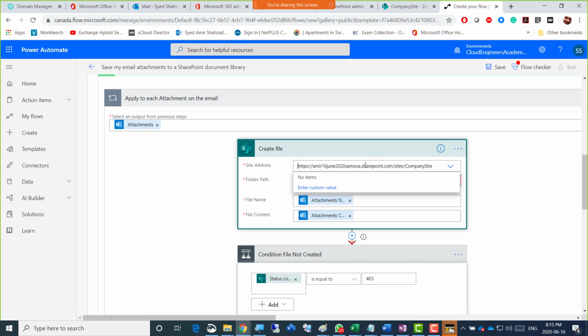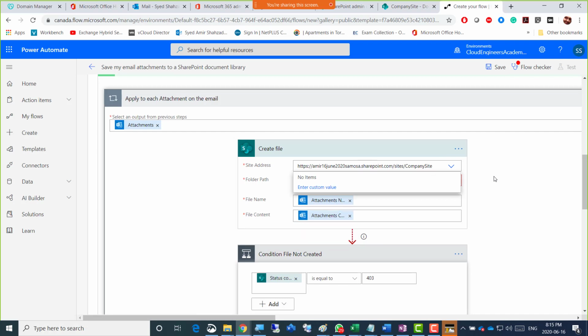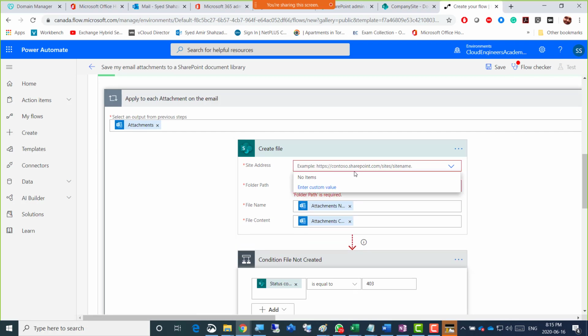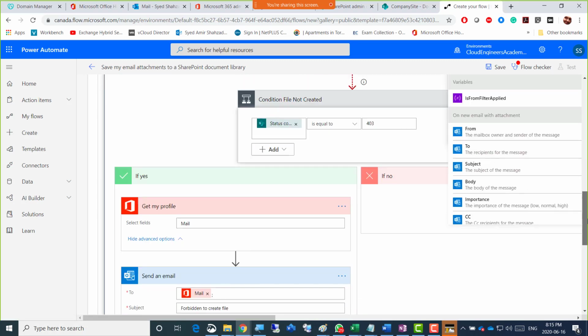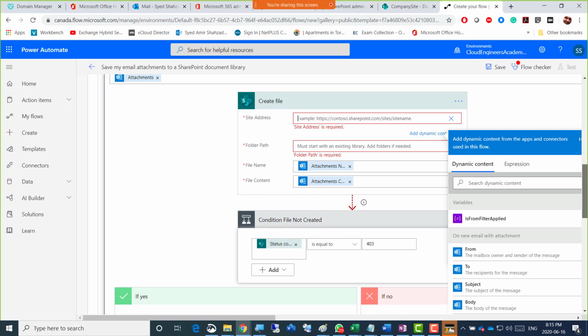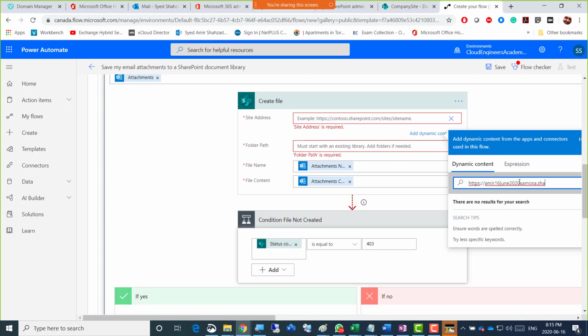So I'm just going to put that, yeah, there's the site name that I added there, and enter custom value. Okay, so what I'm trying to add here is the site address, which is required.